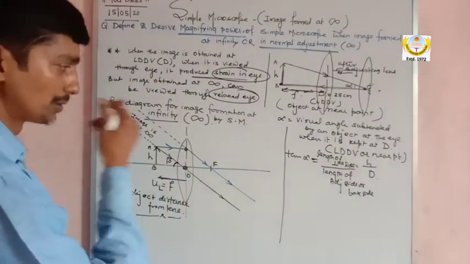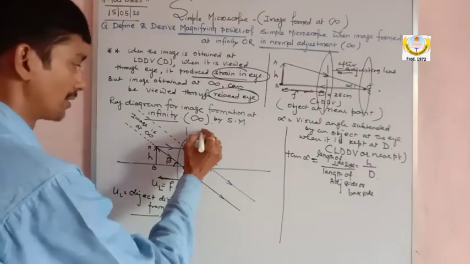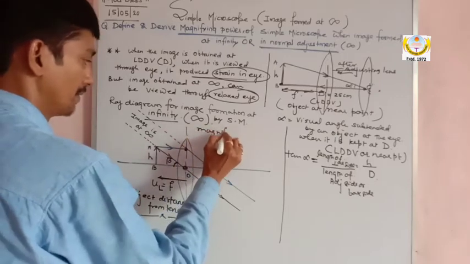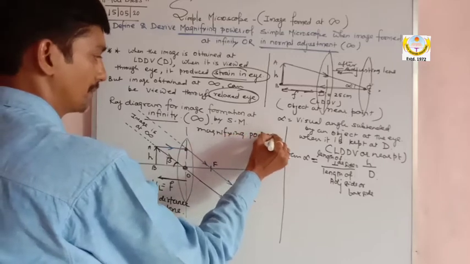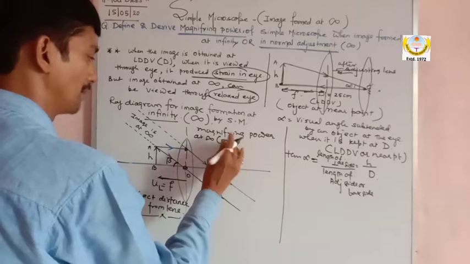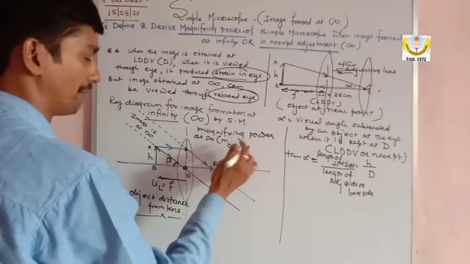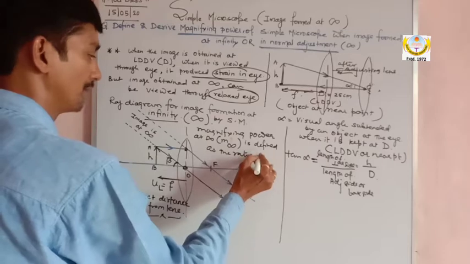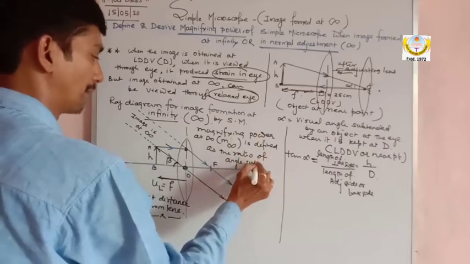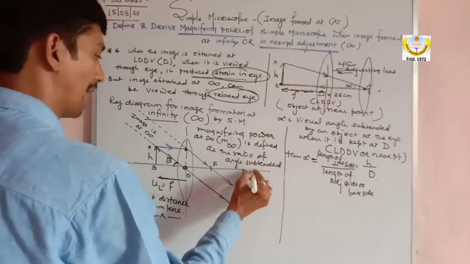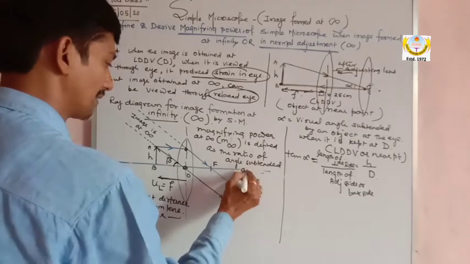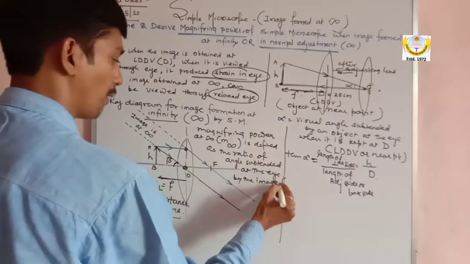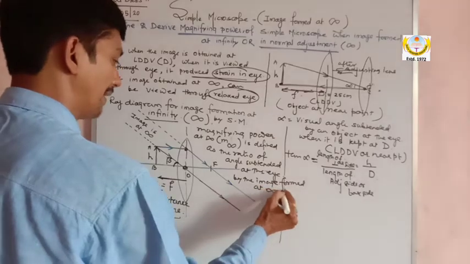So now use the concept, and you all know the magnifying power definition. So what is magnifying power? The magnifying power at infinity, small m infinity, is defined as the ratio of the angle subtended at the eye by the image formed at infinity to the